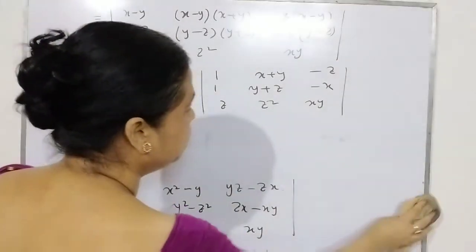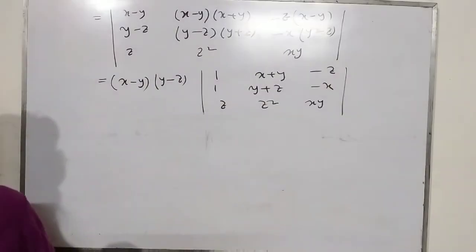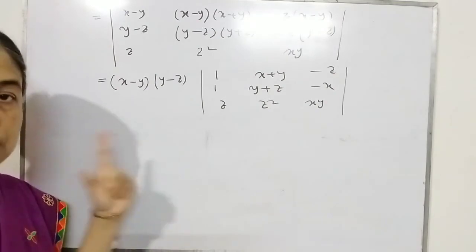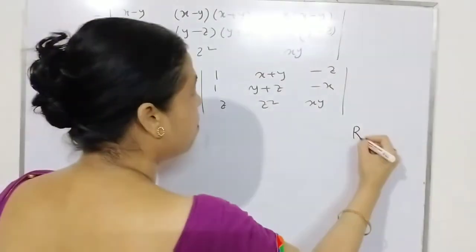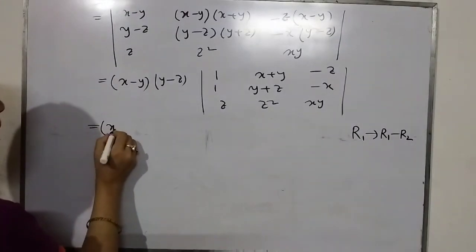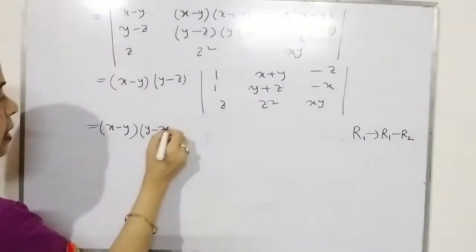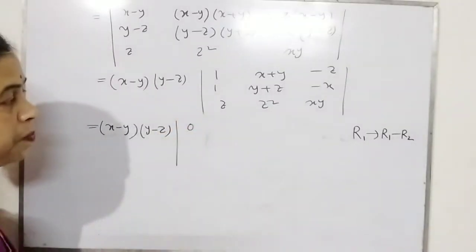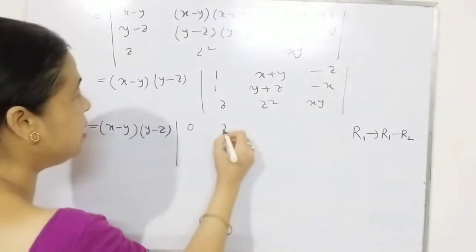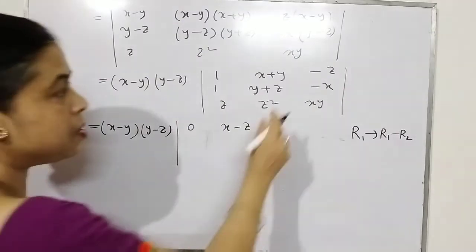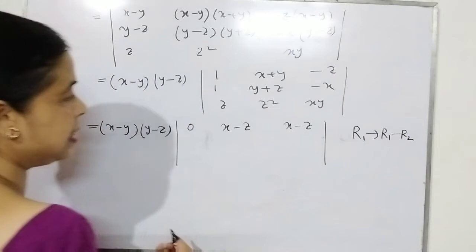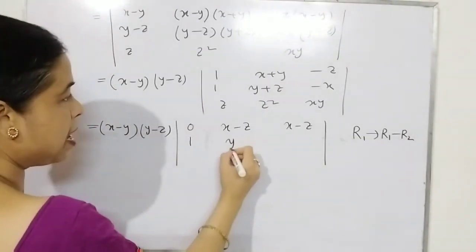But after that, what will we do? If you see, you have two ones. So subtracting row 1 minus row 2, it is possible to get at least one 0. So let us apply the property: row 1 replaced by row 1 minus row 2. Then here what do we have? X minus y, y minus z. This is 1 minus 1, 0. Here x plus y minus z, y will cancel out. So what is left? X minus z. Here also, subtracting, minus z minus plus x, so it can be written as x minus z. And this is 1. Don't have to do anything now.